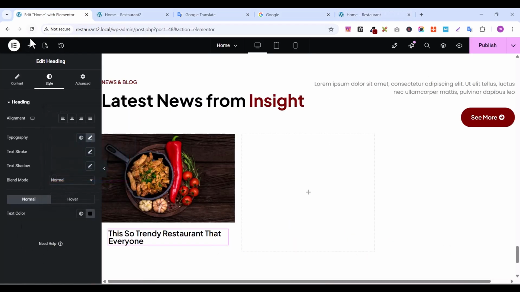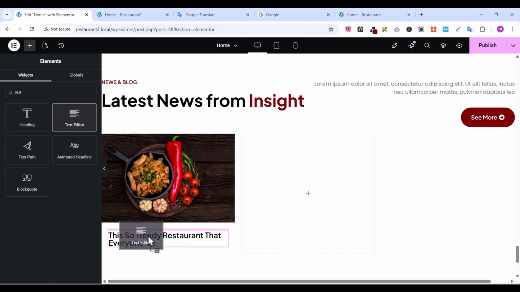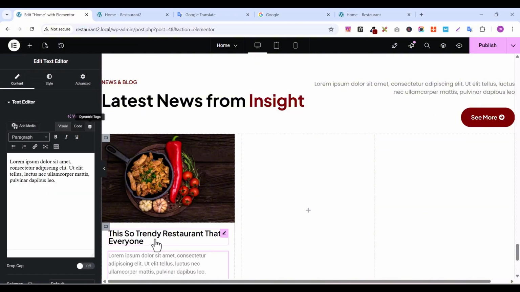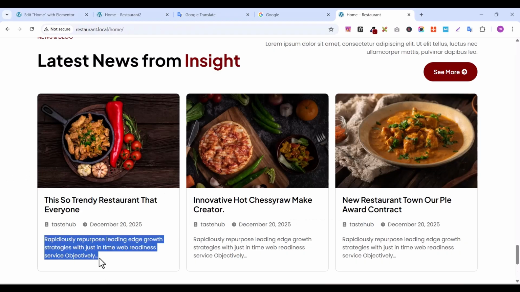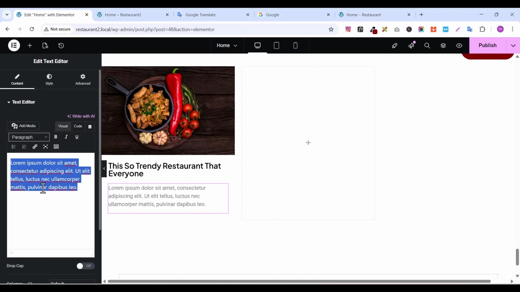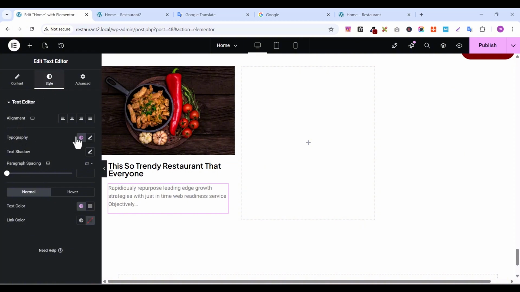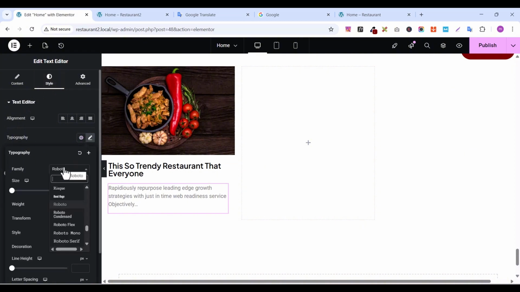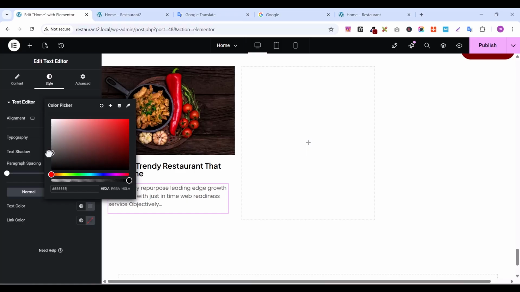So let's add another element, and that's going to be text editor. Let's drag the text editor below. Good. So let's copy this text and go back and paste it here. So let's go to style, go to typography, change the font family to Poppins, increase the font size to 16. Then let's make the color a little bit darker